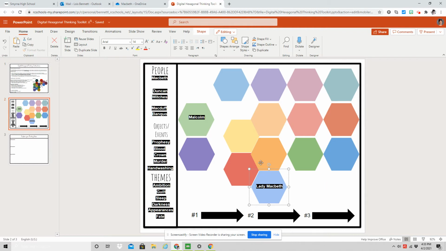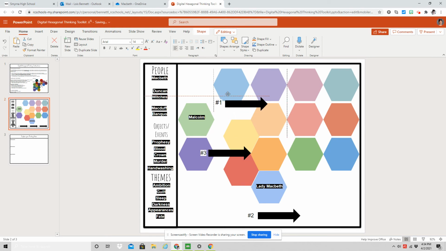And so you'll do that with 10 of these. You do not have to use all of the words in the word bank. And there are quite a few extra hexagons on this digital edition, so you can delete a few of those. And then once you've got all of your hexagons lined up the way you want them, then you're going to use these arrows down here to move them. And I've already grouped these so they can move. And you're going to label number 1, number 2, number 3. Which ones of these are you going to be talking about? And then once you have labeled your 1, 2, and 3,